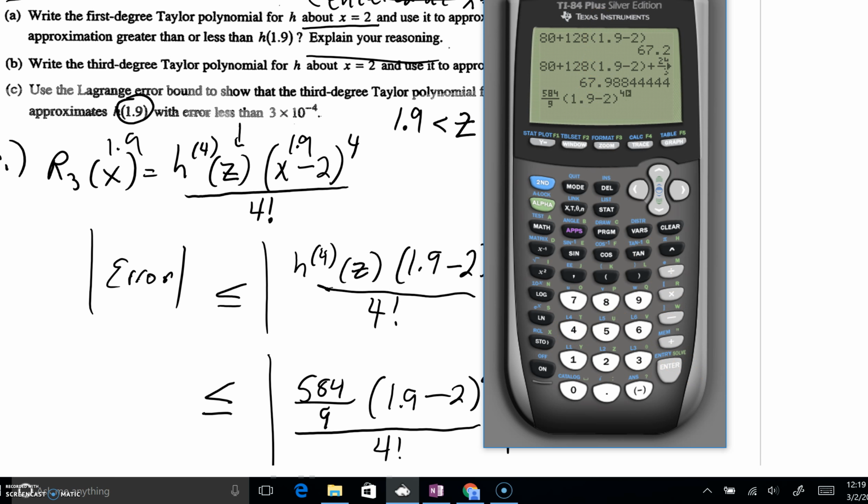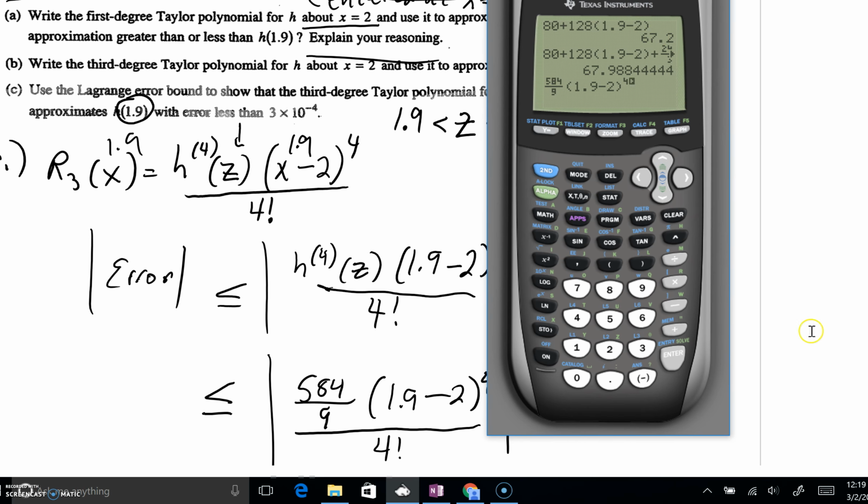Don't forget, you're still going to have to divide by a 4 factorial. When you divide by 4 factorial, by the way, that's 24. And if you do that, you can see that we're going to have an error of